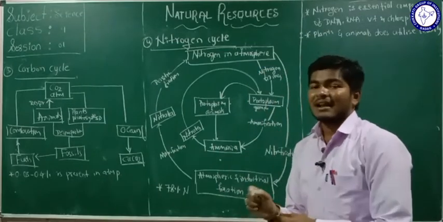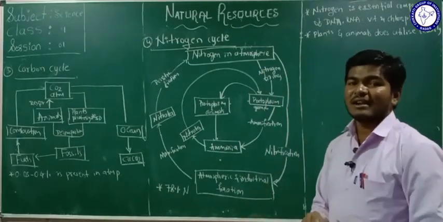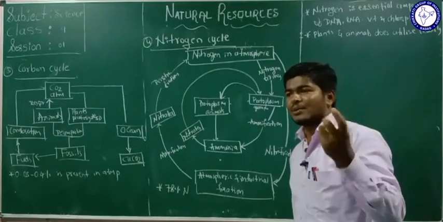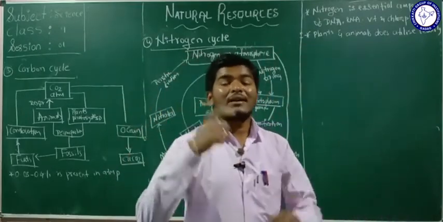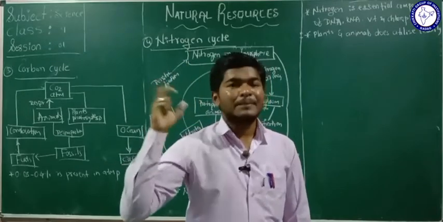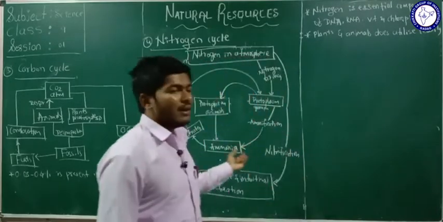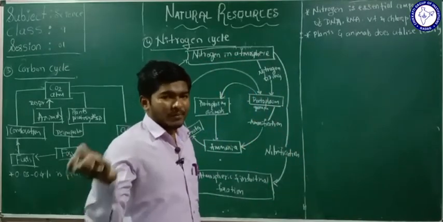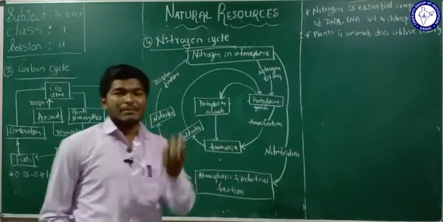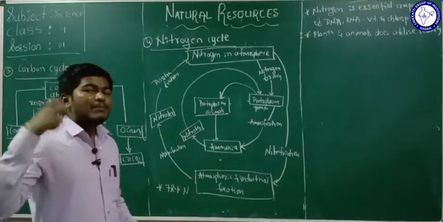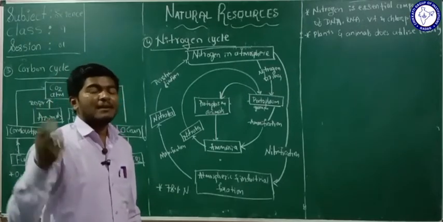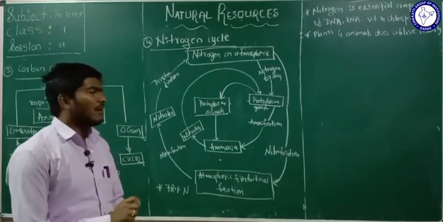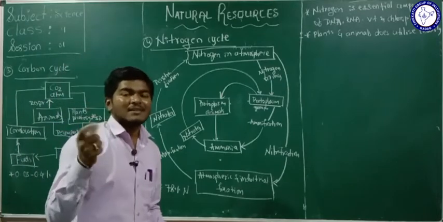So one of the microorganisms, one of the bacteria, is rhizobium, which fixes the atmospheric nitrogen and converts it into ammonia. That ammonia is provided to the plants and can be utilized by them. By eating the food which is developed on the plants, we get the nitrogen here, because all the living organisms